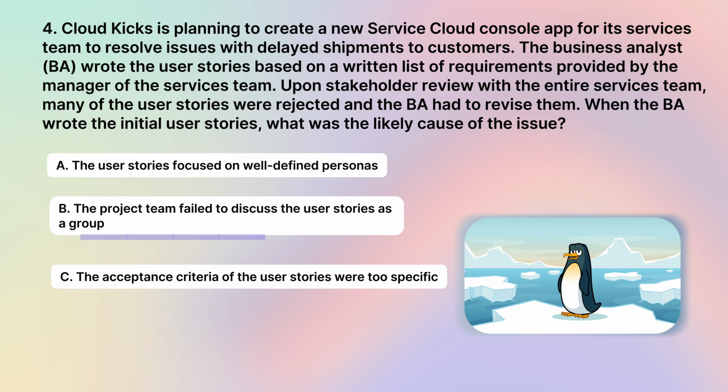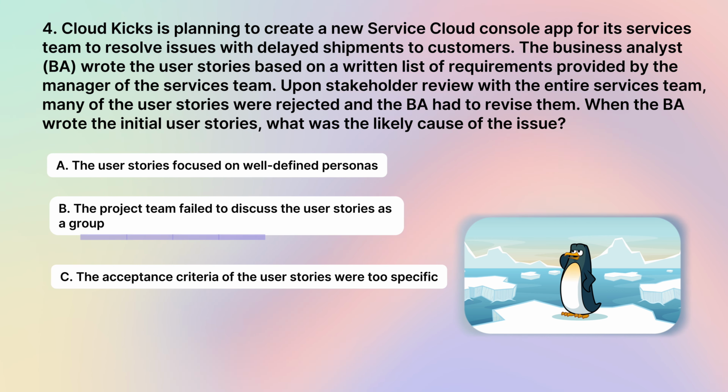The correct answer is B. The project team failed to discuss the user stories as a group. This is because the problem is described as, upon stakeholder review with the entire services team, many of the user stories were rejected and the BA had to revise them. This suggests that the user stories were not thoroughly discussed and reviewed by the project team, specifically the services team